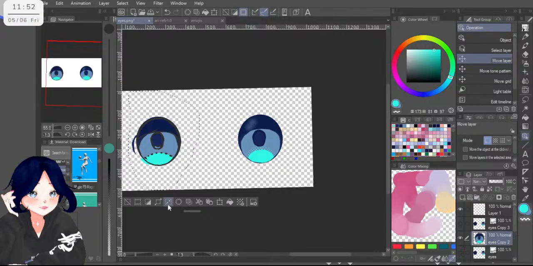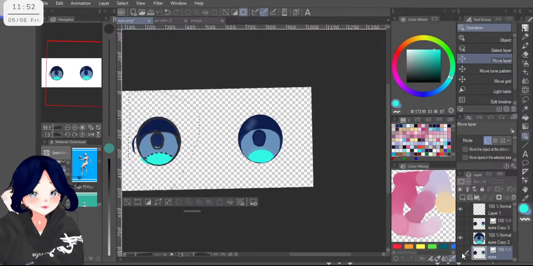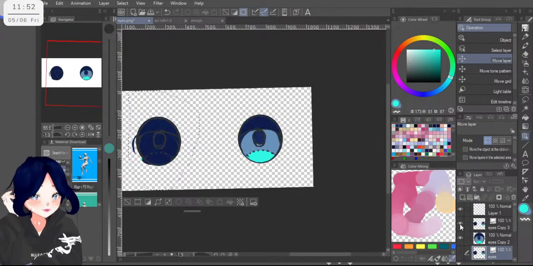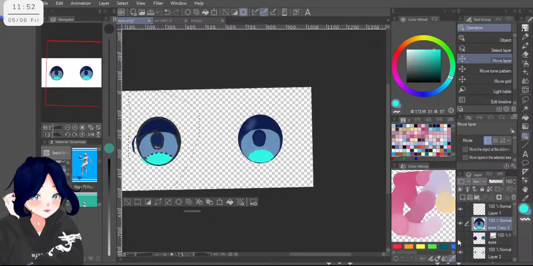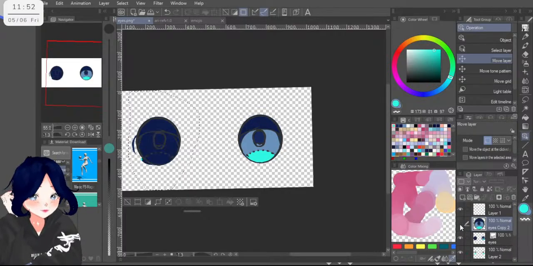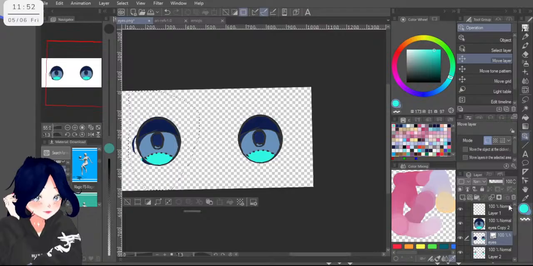So now that we have the eye in place, we can erase this and this one too, honestly. Yeah, because this is also the wrong one. And let me merge those two together.